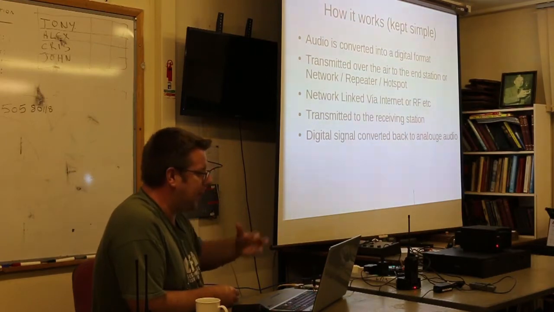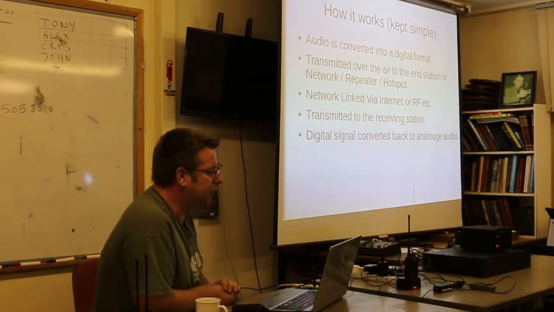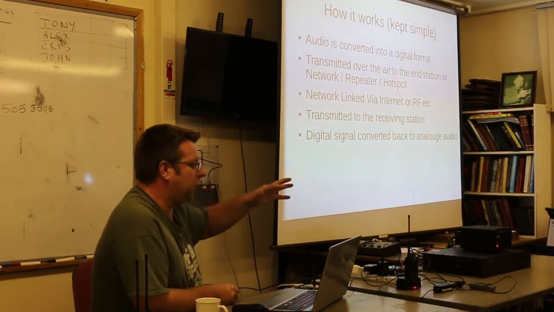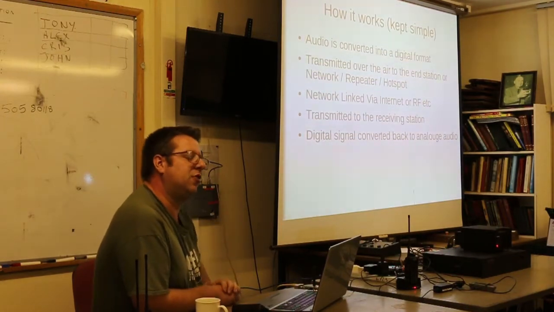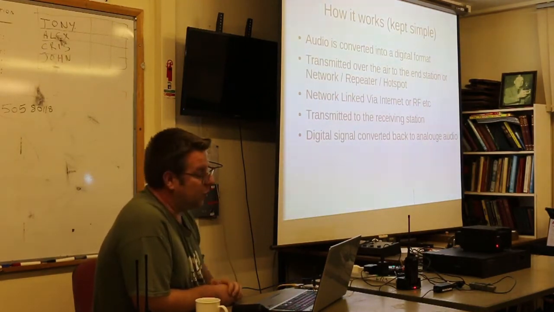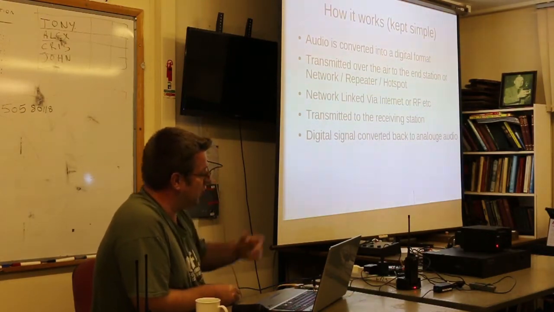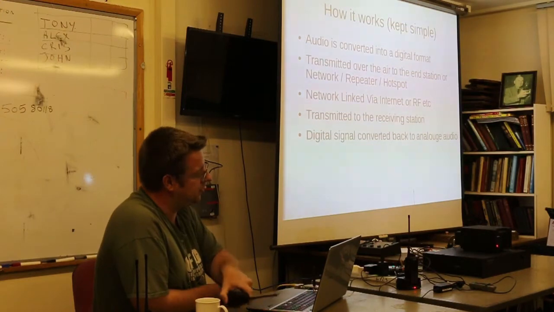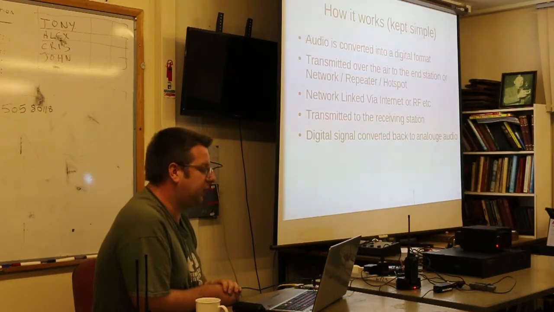Once you've transmitted up to there, off it goes into the network to wherever it's been told to be routed. If you're on a worldwide channel, it'll be routed worldwide to wherever someone else's end station is, if their local hotspot or repeater, however they're getting on the network, has selected that channel. That's what they'll hear. I won't go into how that works at this time; we'll just take it as read. It's then transmitted on an RF link to someone the other side of the world or down the road with one of these, and converted from a digital signal back to analog audio that you can hear.